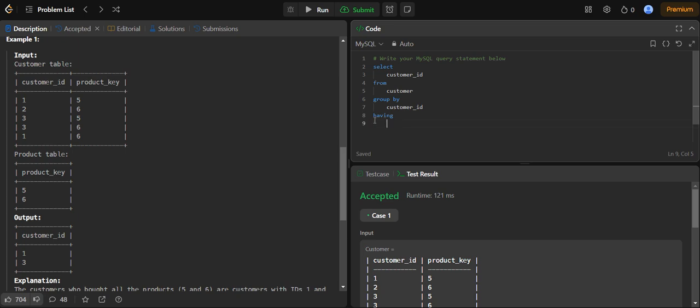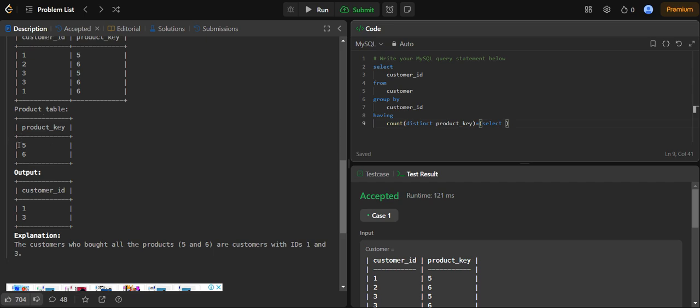So what will I write in the condition? In having, count of distinct product ID. Why am I writing distinct? Maybe one customer bought the same product multiple times. That can also happen, but I need to eliminate that condition. So I am writing distinct. So count of distinct product ID must be equal to, I am writing a subquery here, select